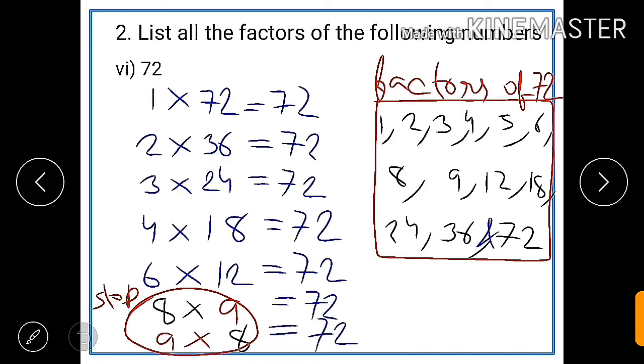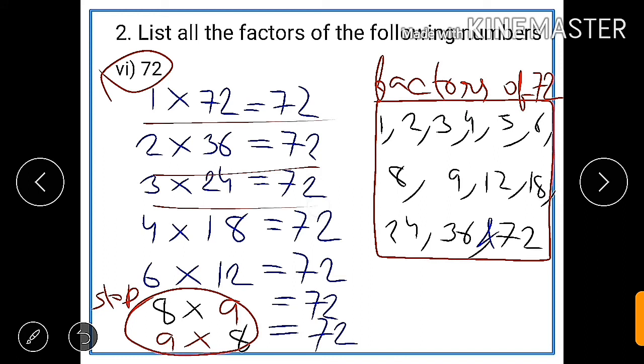Let us see the next example, that is 72. So similarly we will find out all these things and we will write all these things, and ultimately we will reach a position when the numbers will be interchanging, that is 8 will move here and 9 will move to the beginning. So in this particular step we will stop and we will write the answers, that is the factors of 72, that is 1 2 3 4 6 8. We will move towards our right, that is 9, next 12 18 24 36 and 72. So like this we will find out the factors of 72.